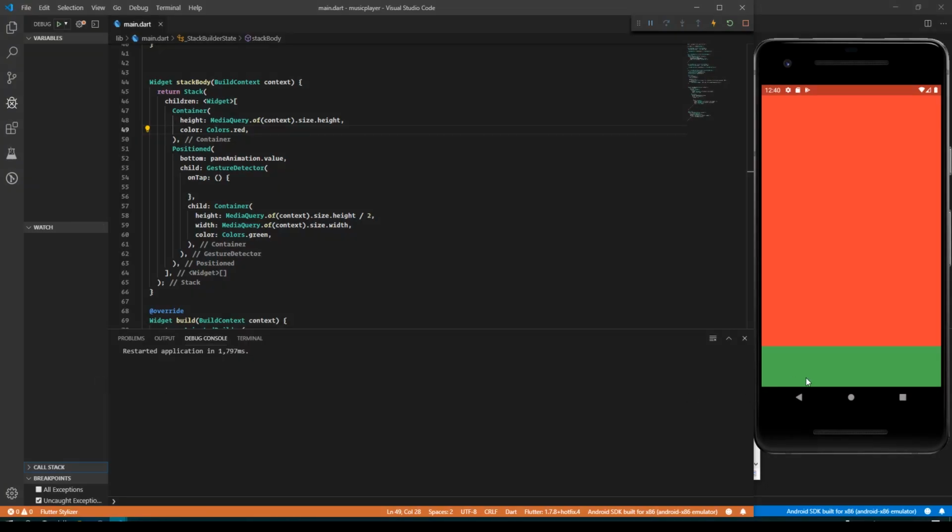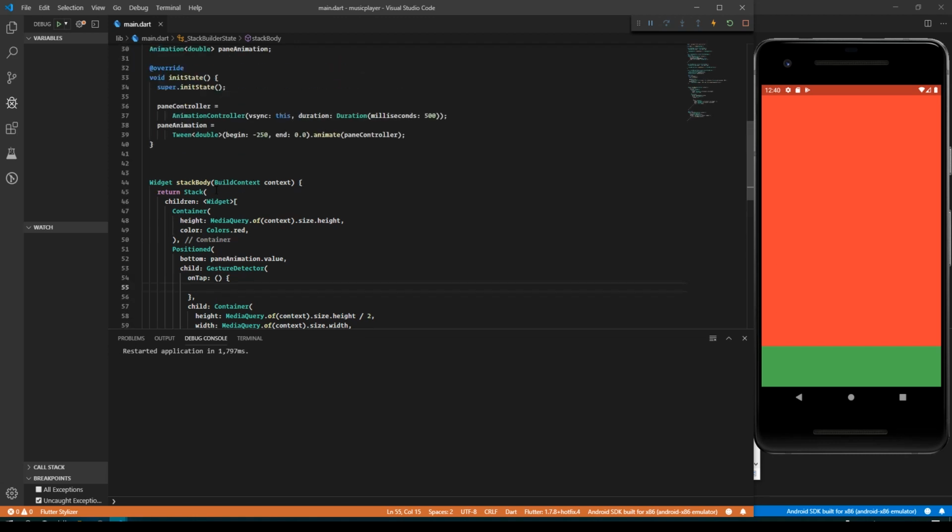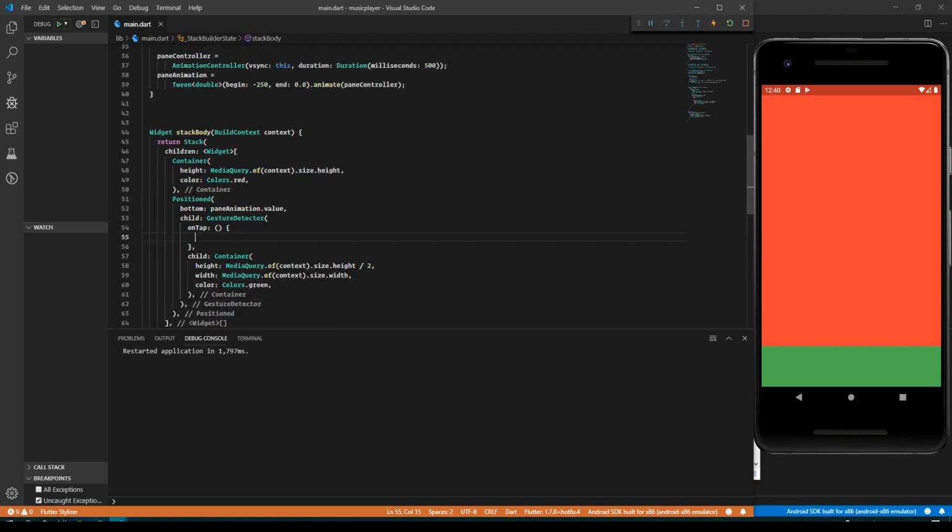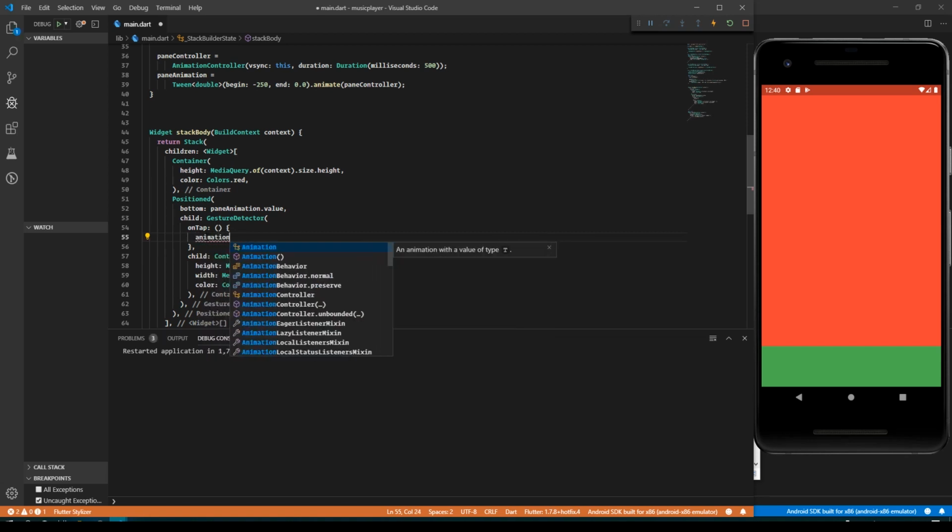Okay, so our animation is done over here. If you just take a look over here, we were having a function called pane controller.forward. Now what happens is, if I click on this, the animation will be forwarded, but if I click on it again, the animation is not being reversed. Now what we will do is create a function called animation init,